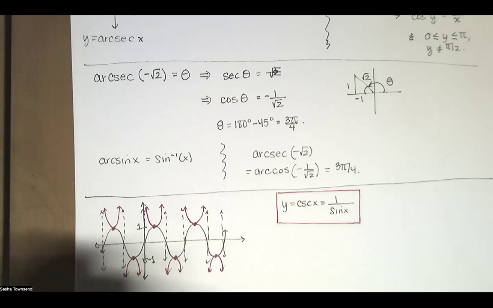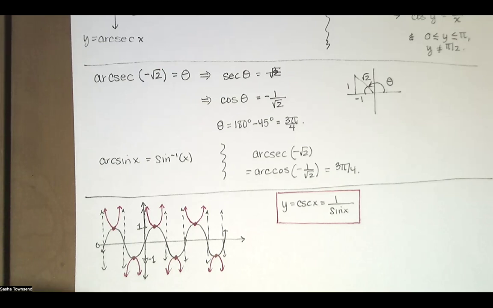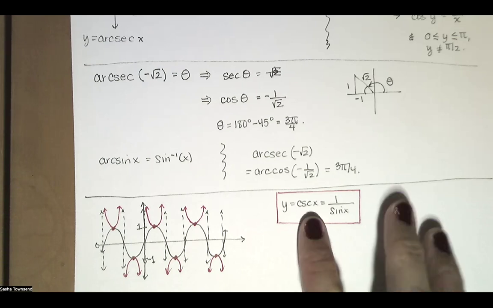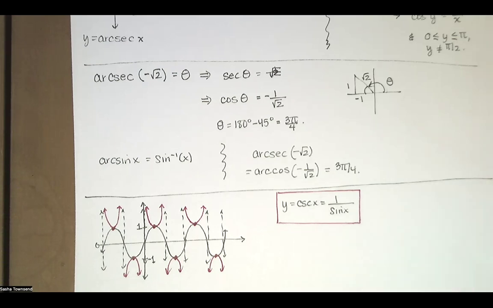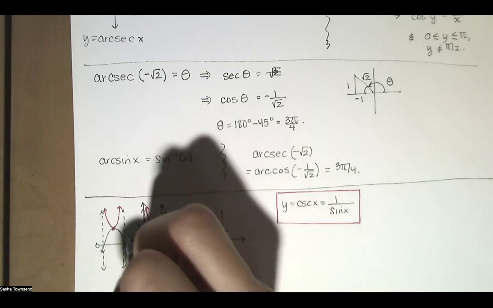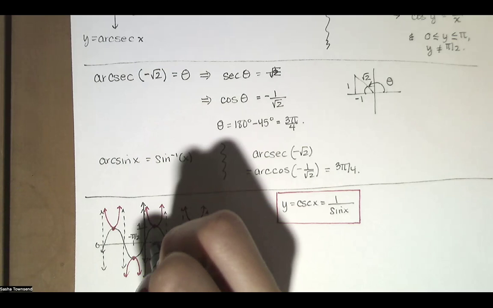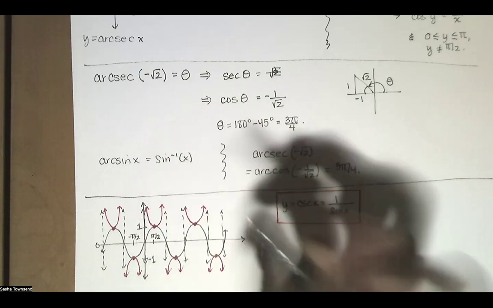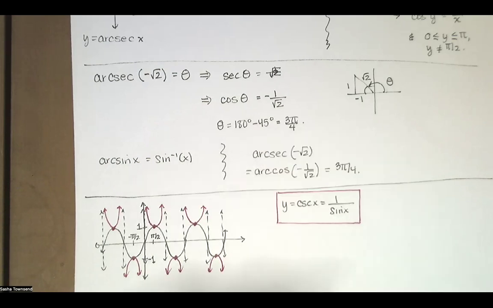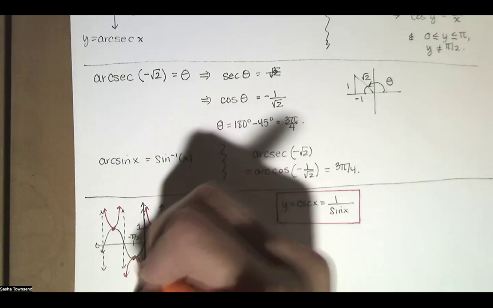Because we choose the interval from negative pi over 2 to pi over 2 for the restriction for sine, in order to compute that inverse sine, we use the same interval for the cosecant function. And it's not just because of the calculator thing, but that's part of it. If I restrict myself to the interval from negative pi over 2 to pi over 2,